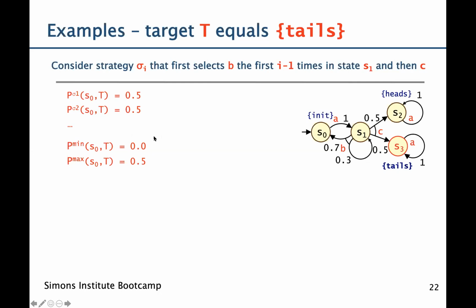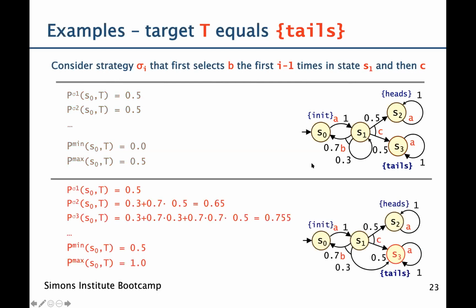So the minimum probability for this MDP is 0, while the maximum is 0.5. And there's a number of different strategies that achieve this, as we've seen. Both sigma 1 and sigma 2 achieve this, and in fact sigma n for any n will also give probability